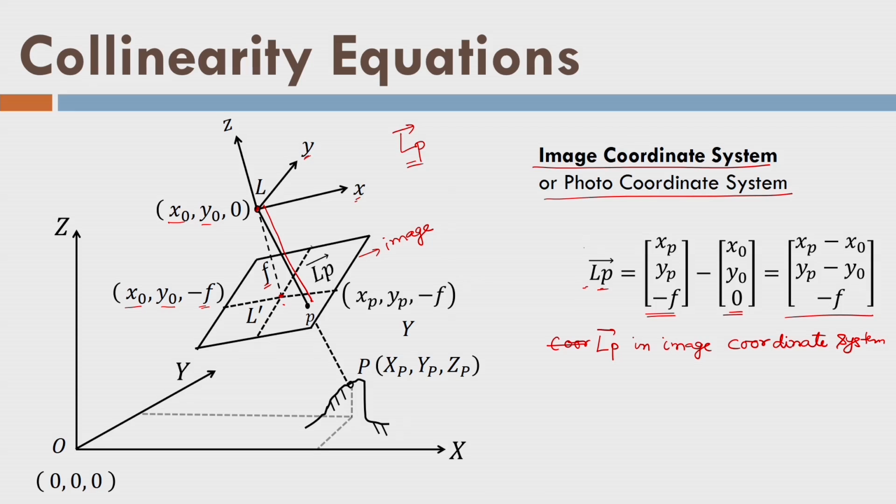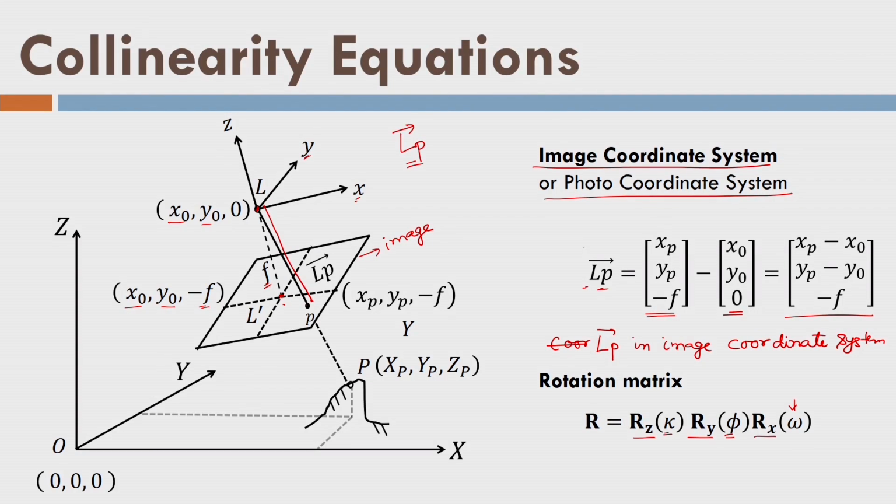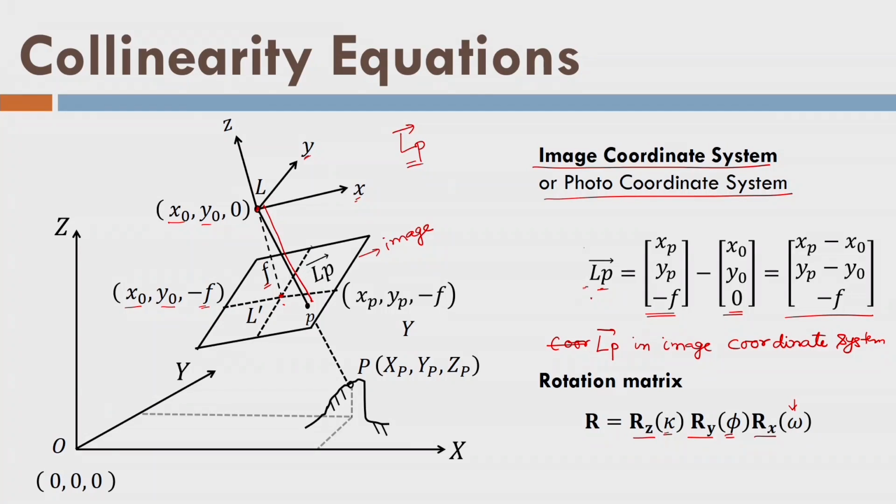I need to bring it, I need to rotate it. So, I need to apply a rotation matrix, and this rotation matrix is given by Rx, Ry and Rz rotations, such that these 3 rotations in sequence will bring the image coordinate system parallel to the object coordinate system. So, I do not comment anything on omega phi kappa. When you really do rotation, you have to imagine those values first, and also you can change the order of rotation if you find it is easier for you to apply some other sequence of rotation. Use that, no problem. Let us say that you brought LP from the image coordinate system to the object coordinate system.